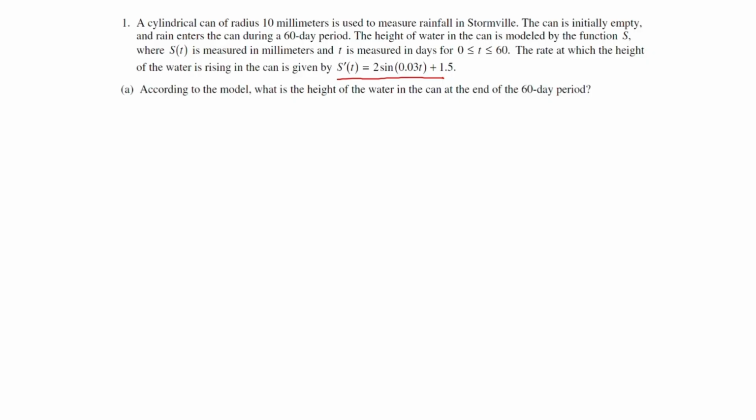So first off, it wants to know what's the height of the water in the can at the end of the 60 days. Well, in order to figure out how much water accumulates in that can, we just integrate the rate. So we're just going to do an integral of s prime of t dt from t equals 0 to t equals 60. And conveniently, this is a calculator question, so we will just punch this in